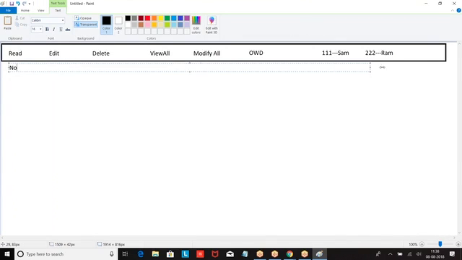Read no. View all no. At the object level, what did you tell? No access on the object. If you cannot see the object, can you see the records? If the object is not visible and Sham logs in, which record can he see?